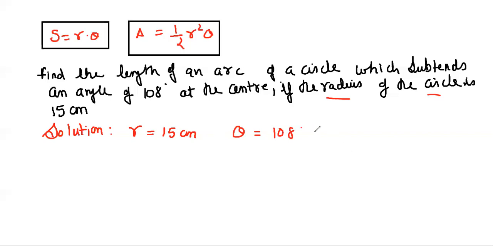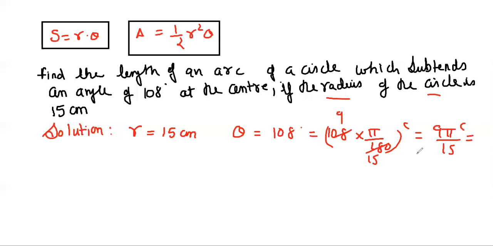So beta, we can convert this 108 degree into radians. We need to convert. So I would write down this as 108 into pi upon 180 radians. Now this is in radians. Let me make the cancellation. So we know that this is 12 nines and 12 15s. I can write down this as 9 pi upon 15, which can be further cancelled and written as 3 pi upon 5 radians. 3 3s are 9, 3 5s are 15. Okay, this is our theta.